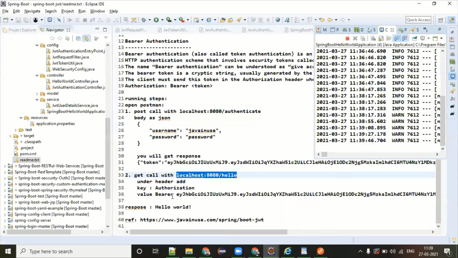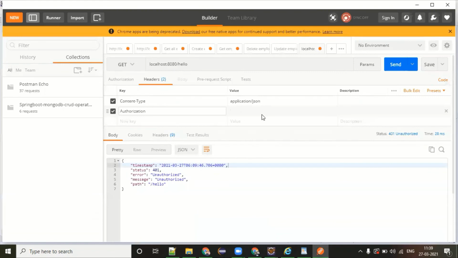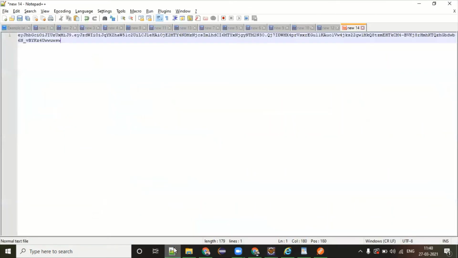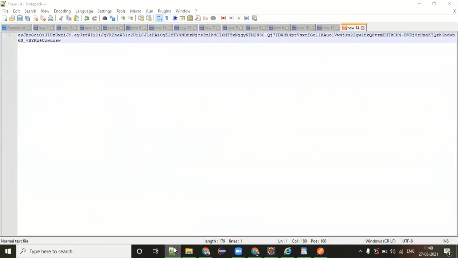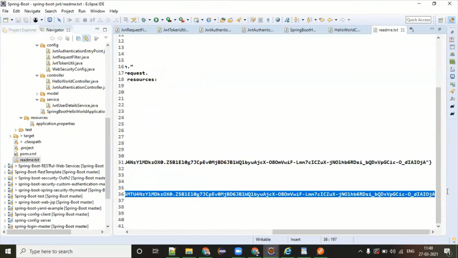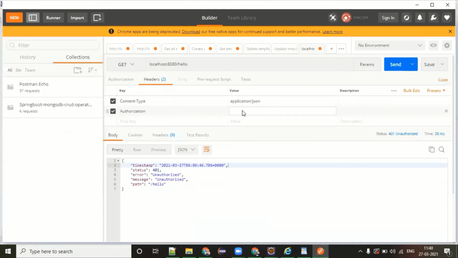This time I have to add the key as authorization and the value as, something like that, or I think this is the same. Copied it and put it like this. Now send the request.